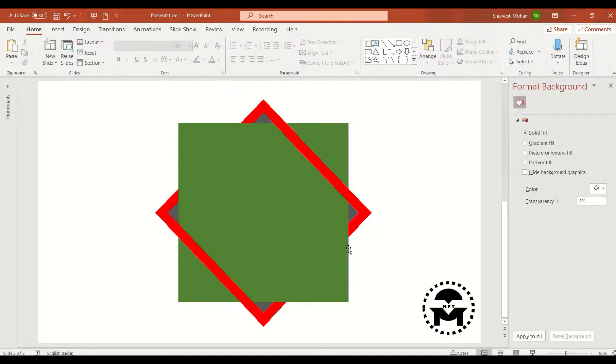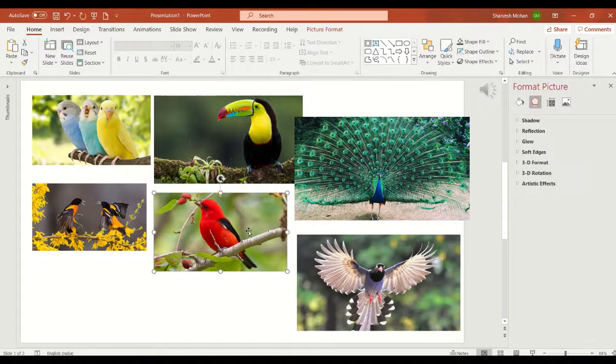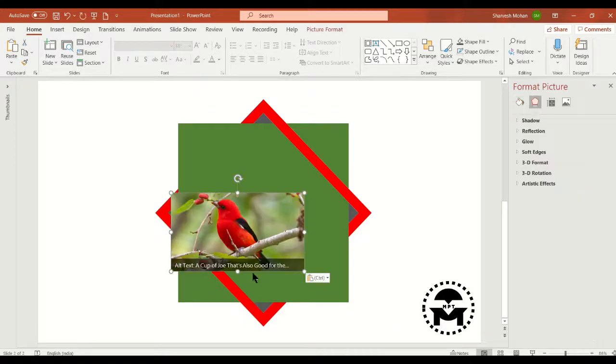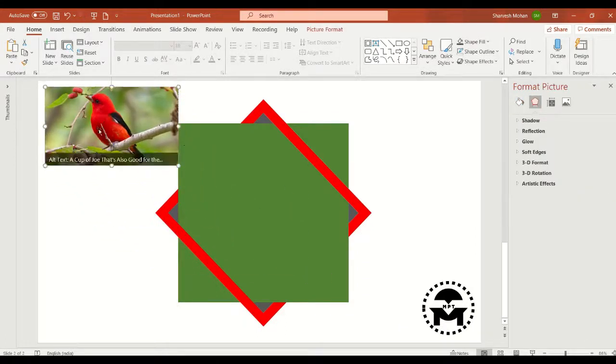Now we have to put the picture on this shape. I have downloaded the picture. Let me take this picture. We have to cut this into a square because we have to paste this into a square.